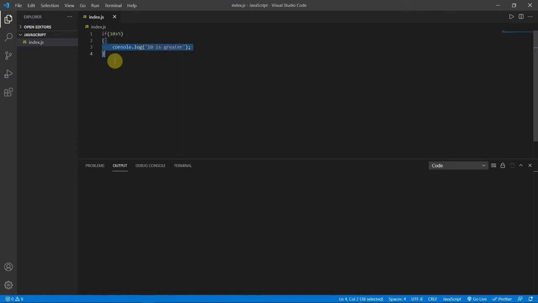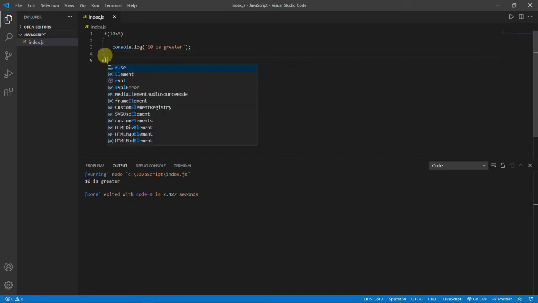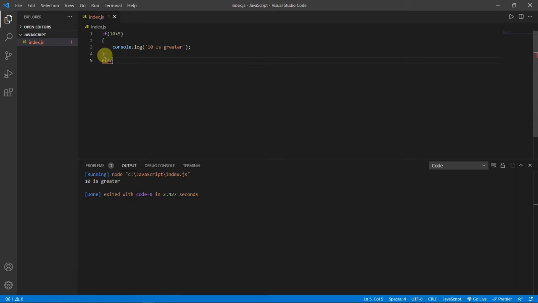If this is true, this complete block of code will run. Let's see the output. There you go, 10 is greater. If 10 is greater than 5, it is obviously greater, so this is working. Then we will see if and else. In the else we will print console.log 10 is not greater.